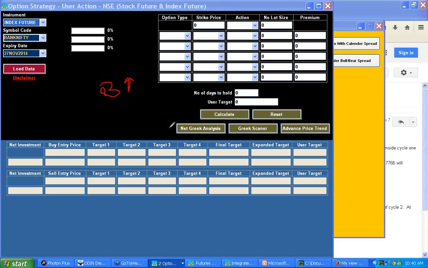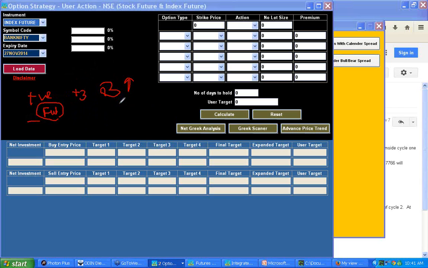I have some estimate for this, but I do not know where it will go. So at this particular time, having some positive delta along with the future short, I have participated in the rally, and at the same time I managed my risk. I am positive delta, means delta plus 1, plus 2, plus 3, some way I have kept it, and at the same time I am selling one lot.